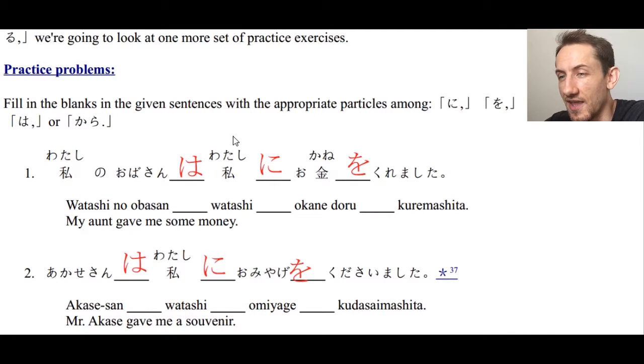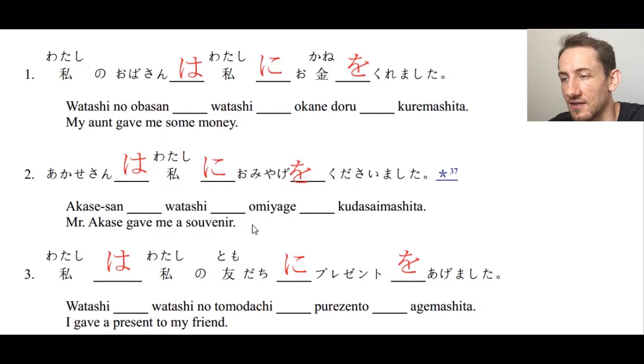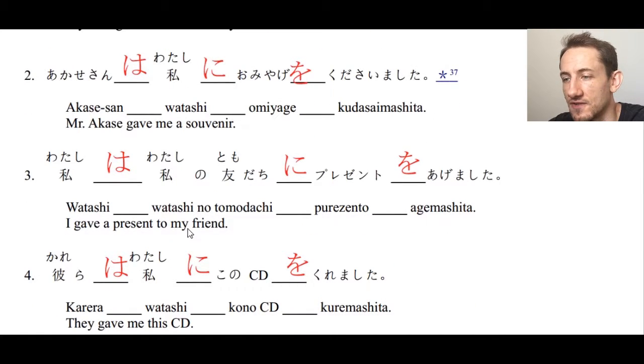All right, so now we'll check, and you probably noticed a pattern with the answers, but as long as you understand why we're using wa, ni, and wo, or kara, that's the important thing. So number 1, my aunt gave me some money. 私のおばあさんは私にお金をくれました。Number 2, Mr. Akase gave me a souvenir. 赤瀬さんは私にお土産をくださいました。